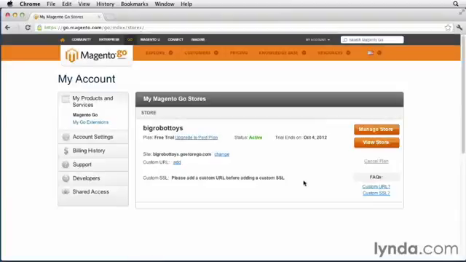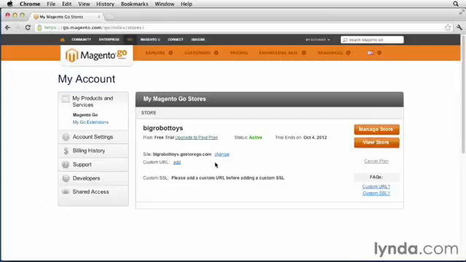And once that jumps over into the Account Management Dashboard, you can see here that they tell you your store name, so Big Robot Toys. You've also got your free trial where you can upgrade to a paid plan. It tells you your status, which is active. It also tells you when your trial ends. Mine is going to end on October the 4th. It's also got my site address, so I've got